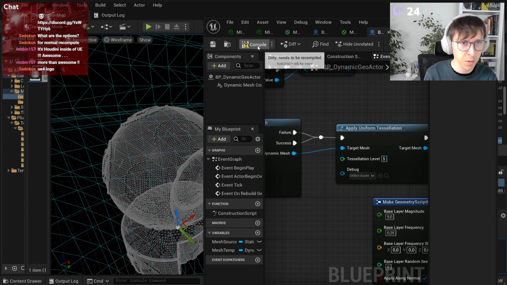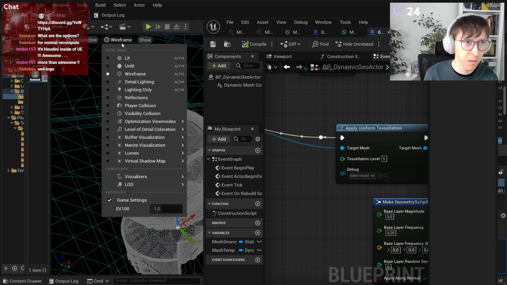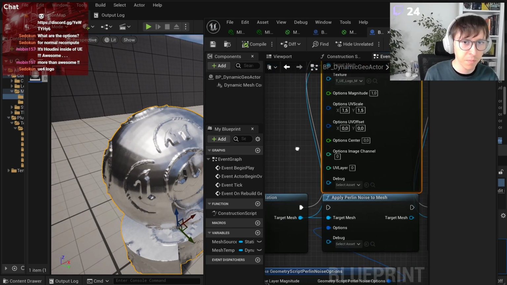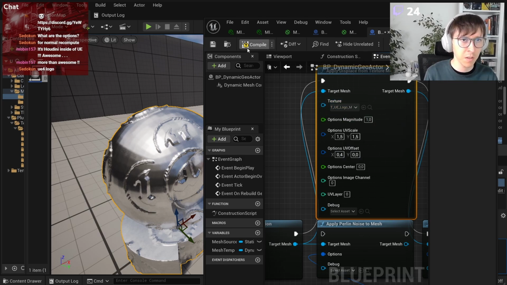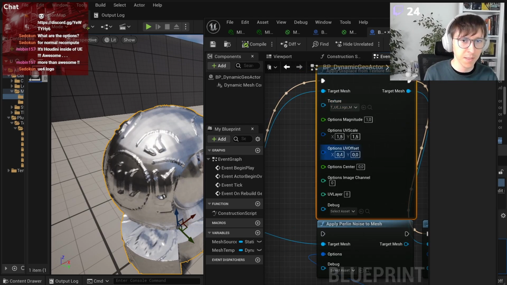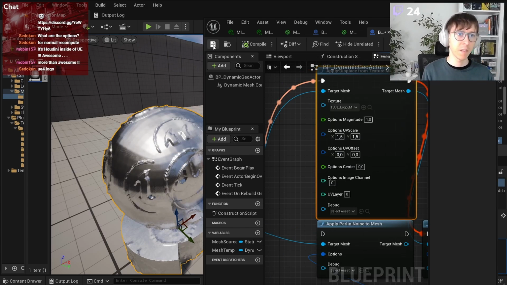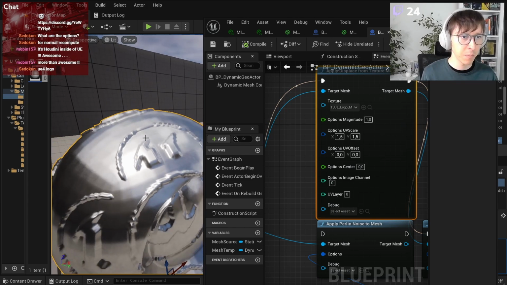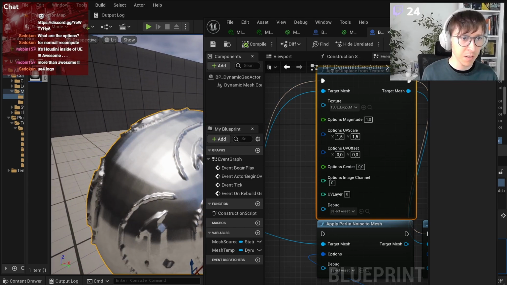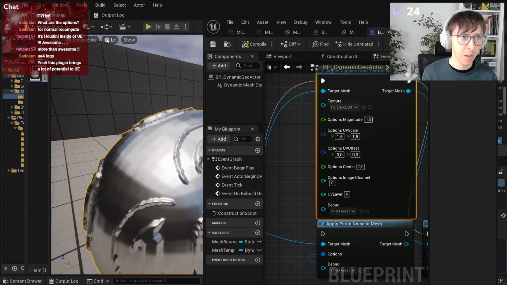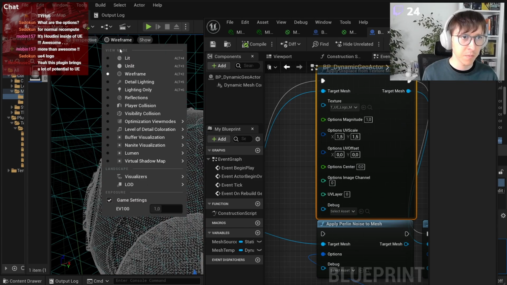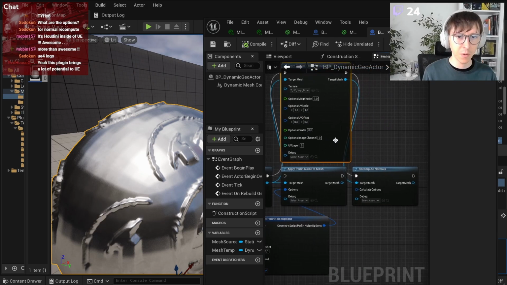It would be insane, but see, it's still very fast. It's very fast. I can change the offset, compile. It's like a second or something. Okay, cool. But we don't need that much detail in other places, right? We don't need that much detail here. So what do we do? We take that mesh